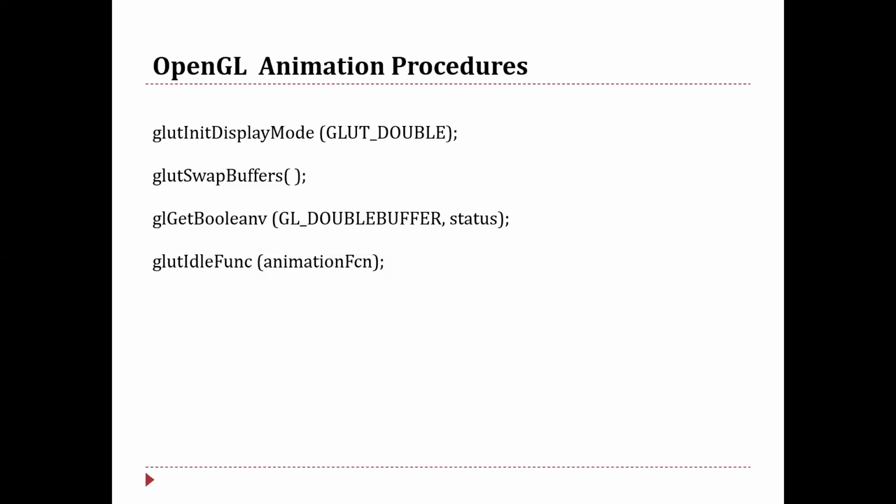And this idle function is a callback function, which we use in order to generate the continuous animation. Here we have a call, which we have to define to say what sequence of actions should be present within this user-defined function. So this is all we have in relation to animation.